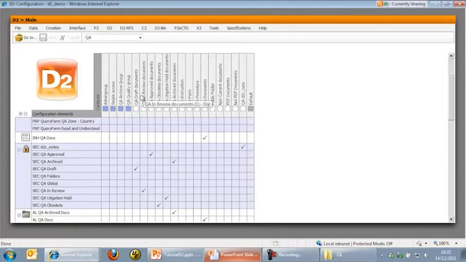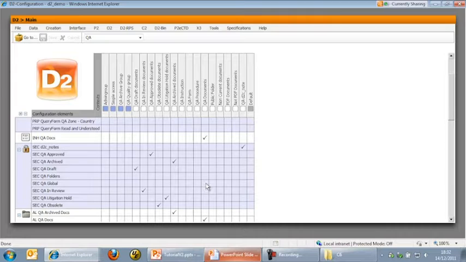We have, for instance, created a document set containing every quality-related document in the draft status. We have created another for the documents in review, approved, obsolete. And we also have this QA document set, which is a global document set, which contains every document